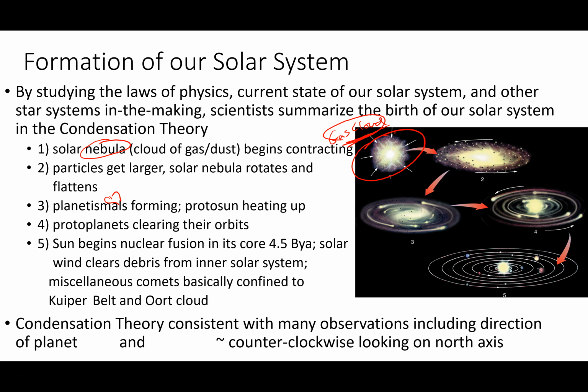So if you go back 5 billion years or even 6 billion years ago, yeah, that would be right. 6 billion years ago, I'm not sure where in this process we were, if we had even started yet, but we definitely weren't an entity. All right. Our orbit, I see the orbit. Condensation theory, we talked about this, the condensation theory, the formation of our solar system. And it's based upon observations including the direction that the planets orbit and,